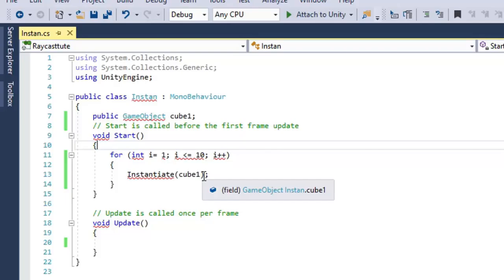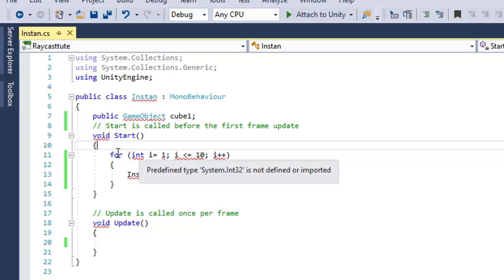Now I want to create a virtual scene or a virtual environment where these cubes are placed systematically, as per my requirement. So for that I have to explicitly tell on which position these cubes will be generated.